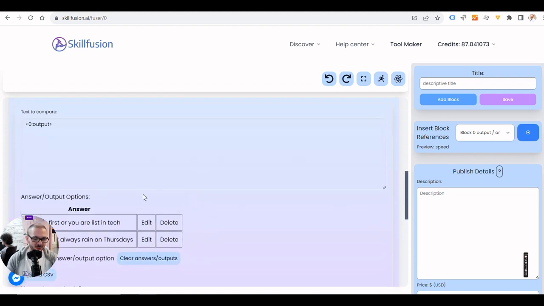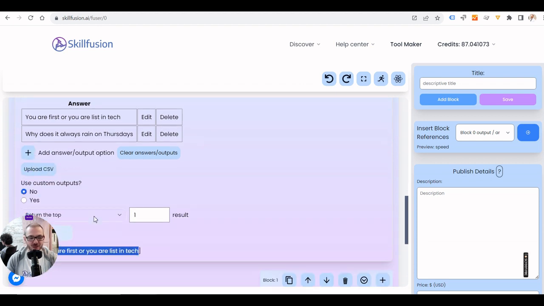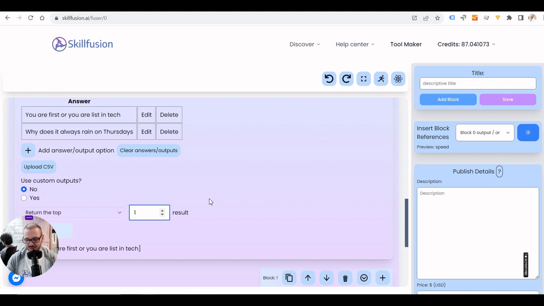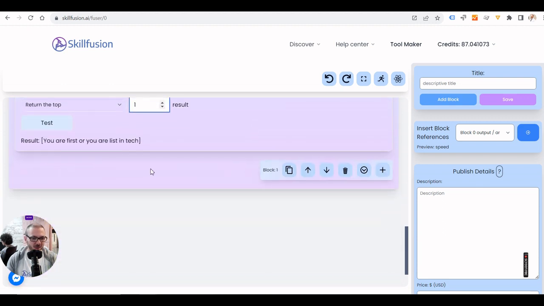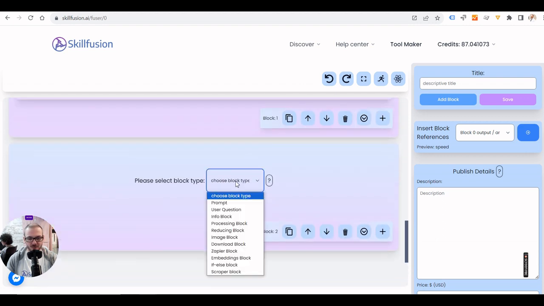So if you were making an actual tool that did this, you might have a few hundred, and you may pull out, for example, the top 10 that are relevant to what the user's looking for, and what it'll do is pull out those 10 results for you in a little array, and then we go on to the next block,